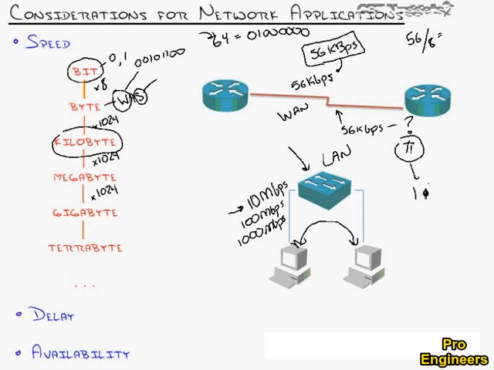1.544 megabits per second. Just a small fraction of what would be considered today as a very slow LAN connection. And that's a link that would connect you up to the internet. But the T1 line, by the way, if you're looking at a T1 line to the internet, a modern day price would probably be about $300 a month. Wow, $300 a month for 1.544 megabits per second. That's a typical WAN link.